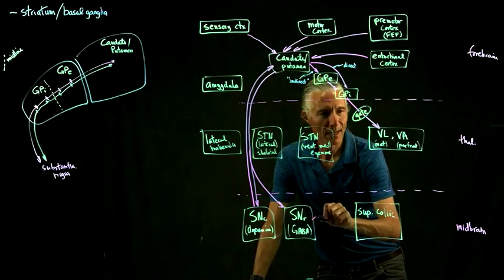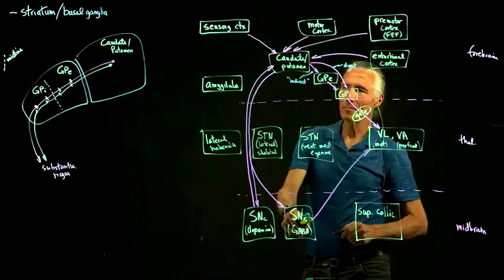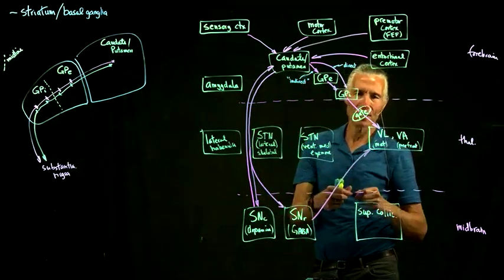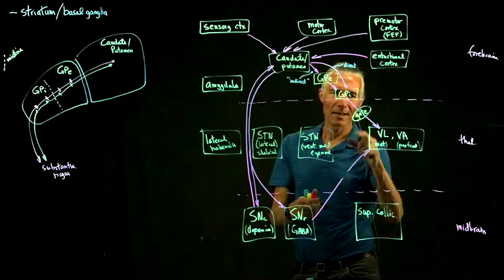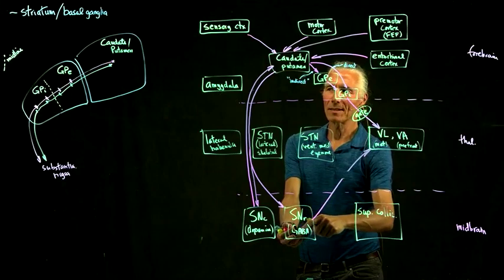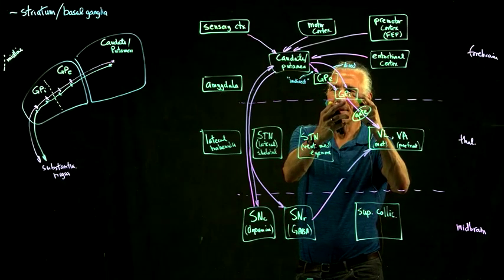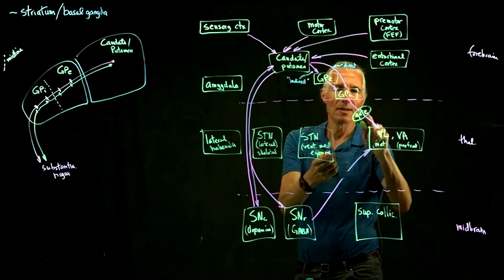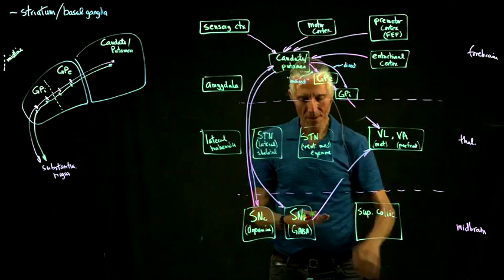The GABA part of the substantia nigra has a big projection into the thalamus, and so that's another gate. It's another way that it's kind of in the same position. So the GABA part of the substantia nigra is kind of in the same position as the GABA part of the globus pallidus internal segment, and they both have this sort of gating action